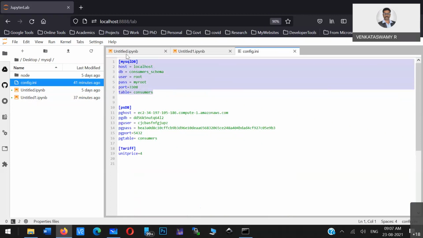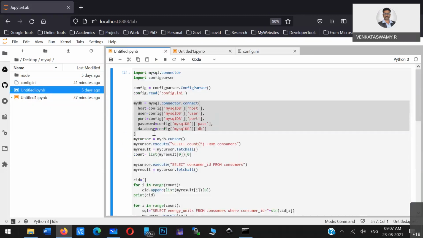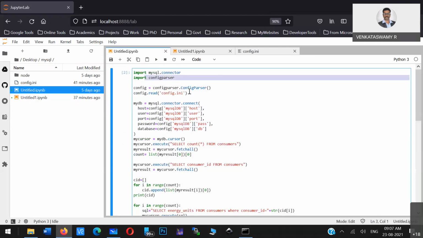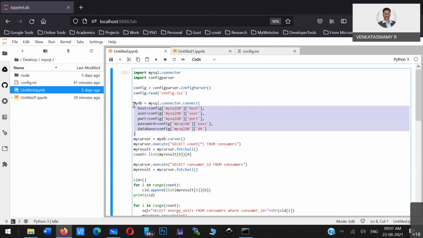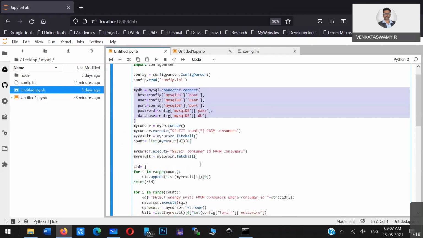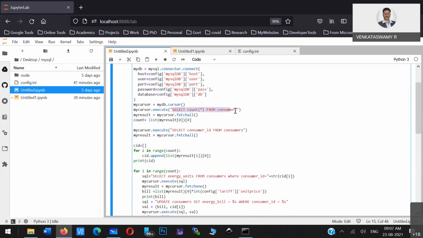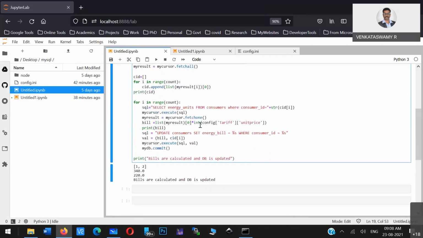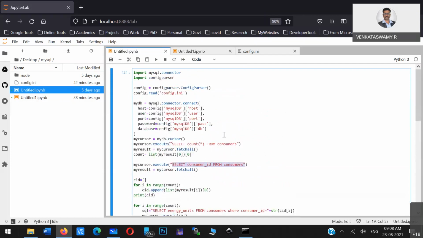From this configuration file we have taken them into the Python program. So we have used the config parser library, and MySQL to execute MySQL operations. Then we connected to the database, executed many queries, and then updated the bill. This is the program we have written.